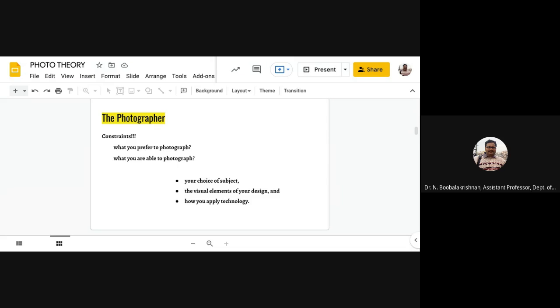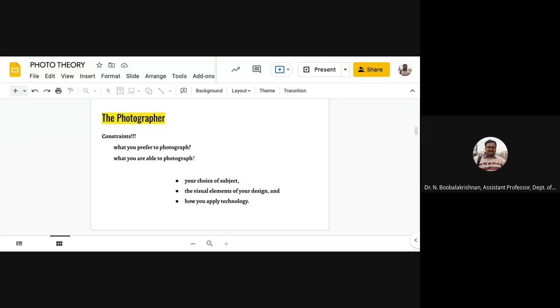These circumstances limit your ability to create images. This might be based on your aesthetic creativity. There are certain limitations imposed by your location or shooting circumstances. All these factors influence what you prefer to photograph, or rather what you're able to photograph.